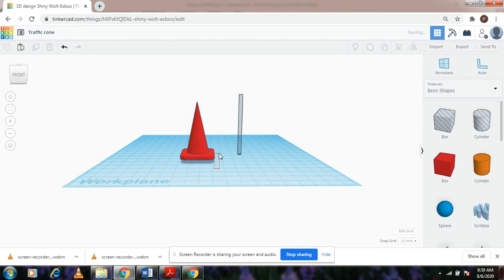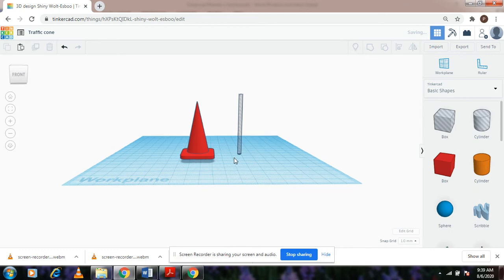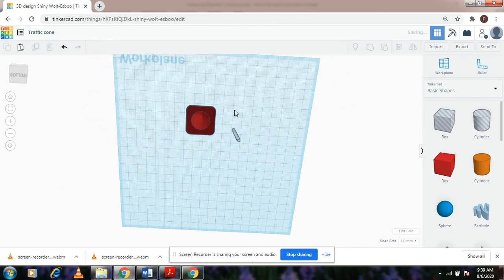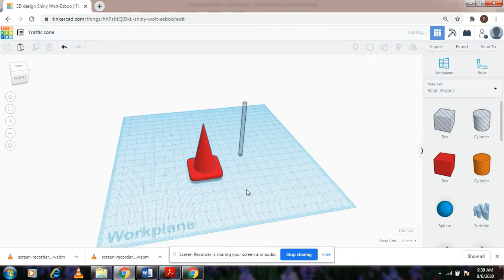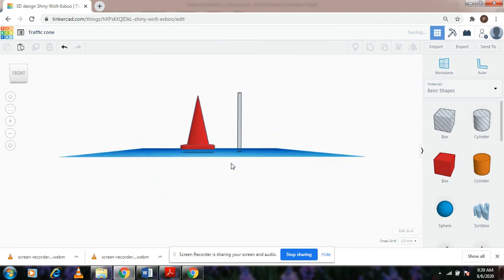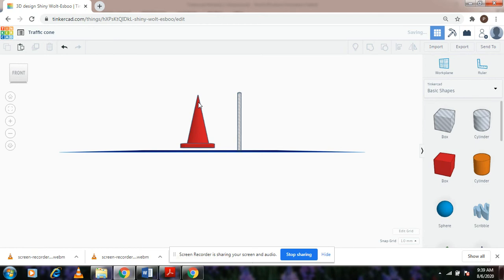Okay, yeah. So now the cone that we had lifted up is a hollow one. You can have a look at it from below. It just took a little time to process. Now you can simply bring it back onto the work plane, or you can enter the number as 0 here, so it will be on the work plane.